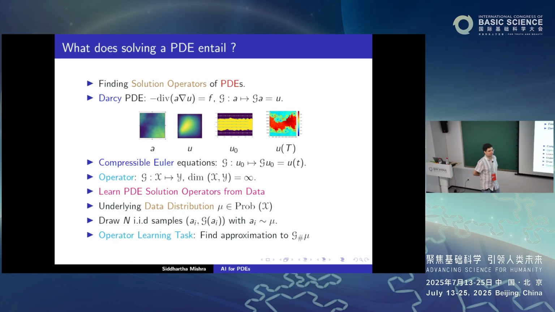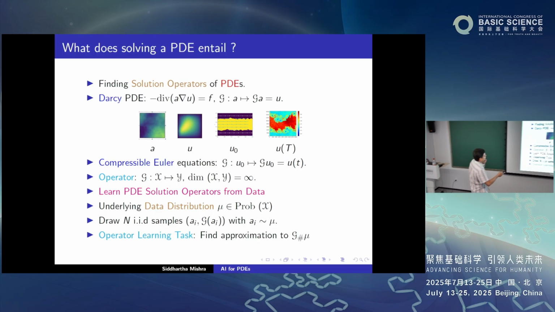First, let's try to define the problem mathematically, so that we are clear about what we're talking about. Now you have a PDE. I have written down two different PDEs here. This is a standard elliptic PDE, the Darcy flow equation, which models heat conduction inside a material of complex conductivity. This is the forcing term. I can set it to 0 if I want, but let's say it is a given term. Now what I'm interested in is, if I change the conductivity of the material, how does the temperature change? So this is a typical solution operator